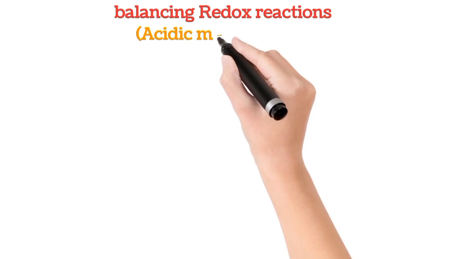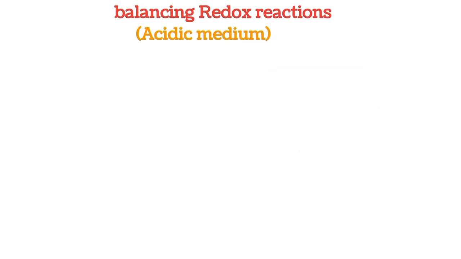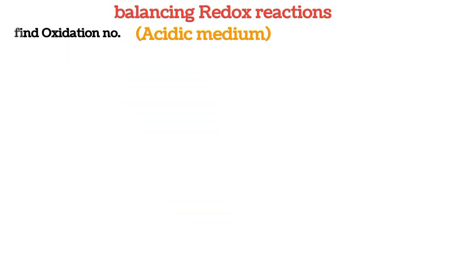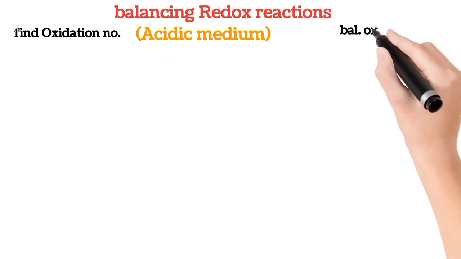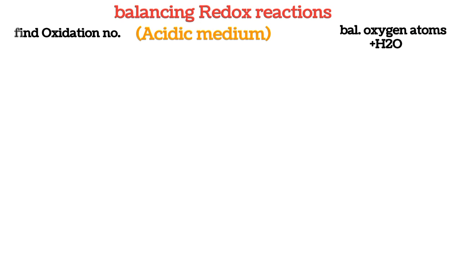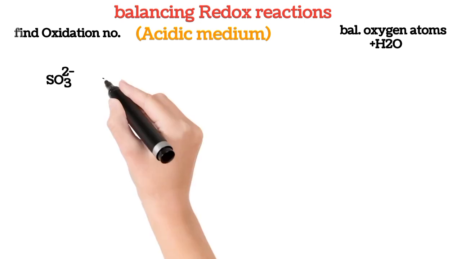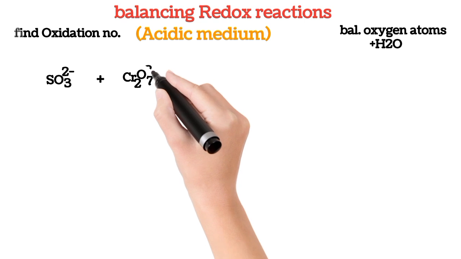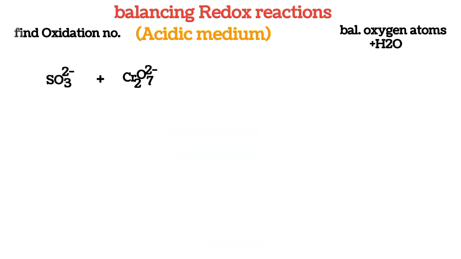Now let's balance a more complex one, still in acidic medium. You know, acidic medium means hydrogen ion. Now first, we're going to find the oxidation number of the element with variable oxidation state. Then secondly, we're going to balance the number of oxygen atoms by adding the necessary number of water molecules. So we have SO3 2 minus reacting with Cr2O7 2 minus